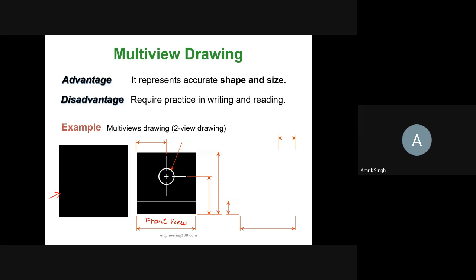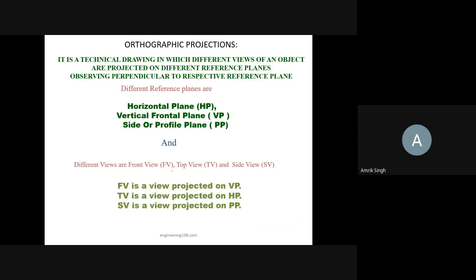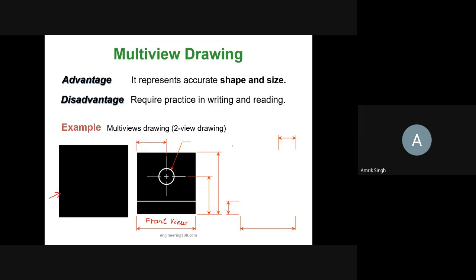So in order to draw the front view, we must know this dimension. We must know this, where to locate the center. We must know the height. Then we can draw this, and we know that we should know the diameter. Okay.